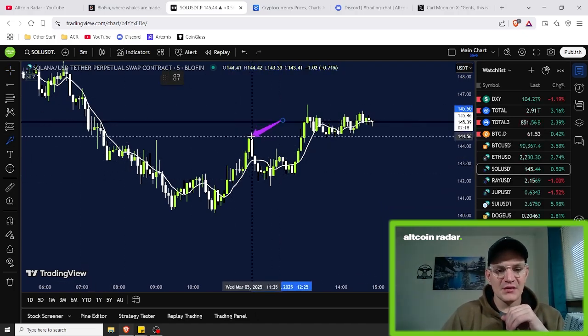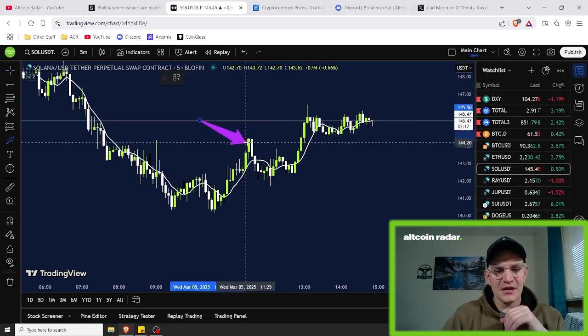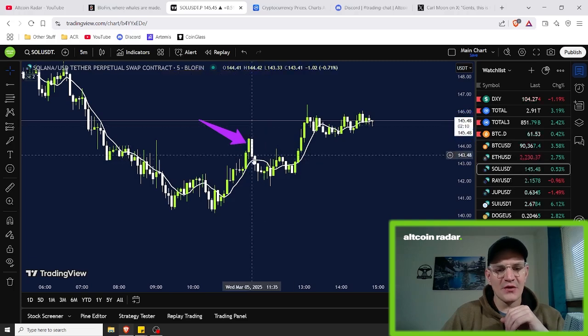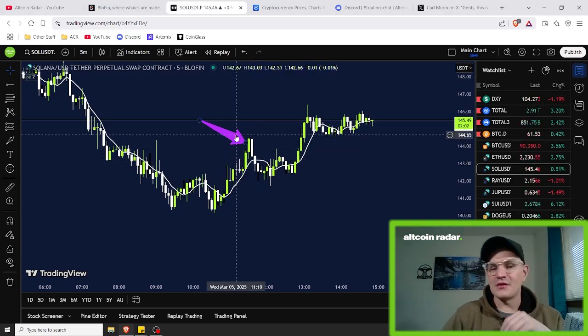So this green candle right here, this big green candle, it deviated super far away from the moving average right in here, okay? And you can see that clear as day. I mean, that's a pretty damn far distance right there, all right? That right there tells me that, okay, well,